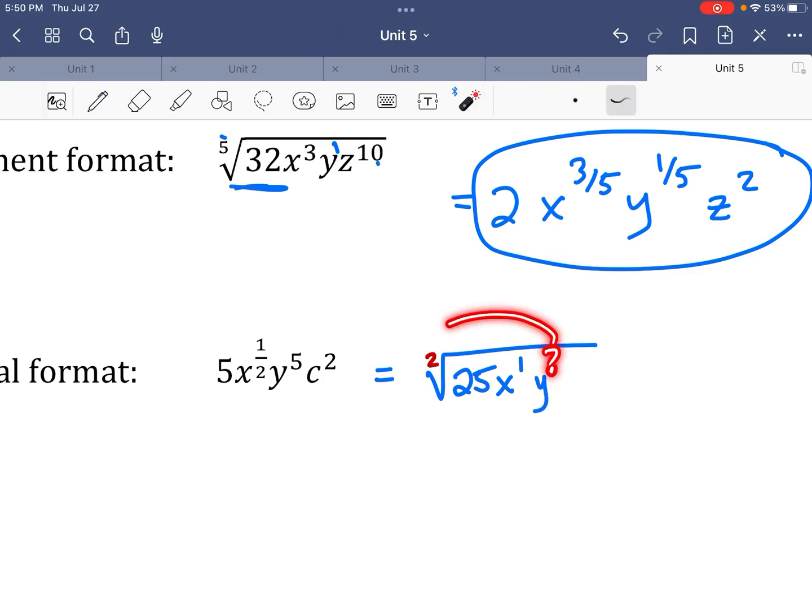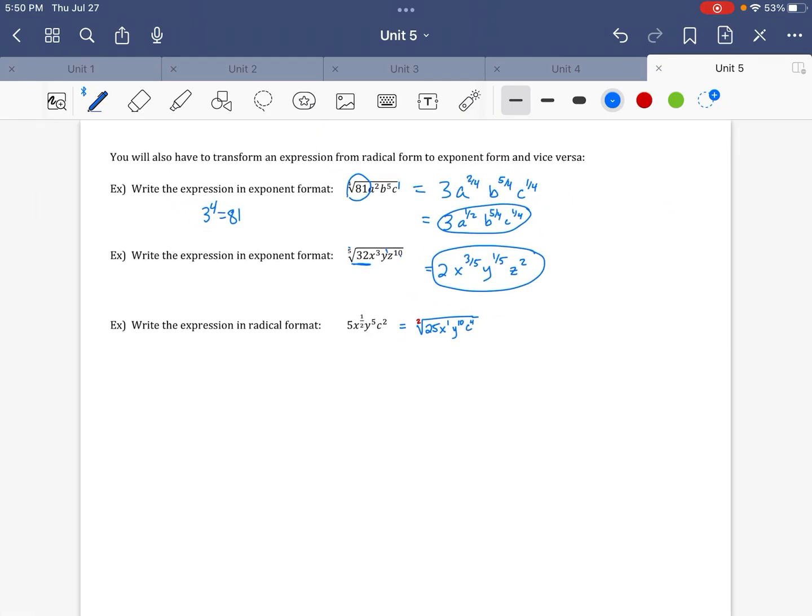All right, my y. I need a number here that when I divided it by 2, I got 5. So what divided by 2 made 5? And so hopefully you're thinking to yourself, 10. And for my c, same thing applies. What did I divide by 2 to get 2? Well, hopefully it makes sense. 4 divided by 2 makes 2. So this must have been 4, all inside that